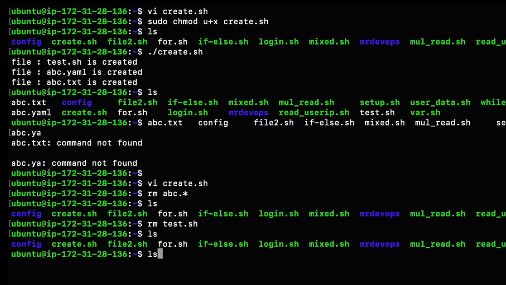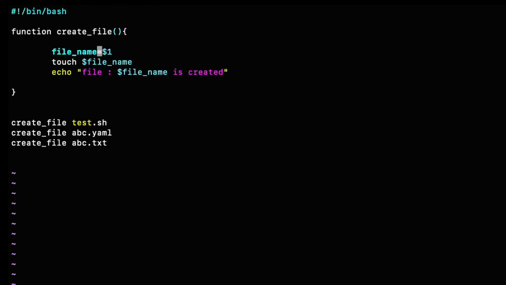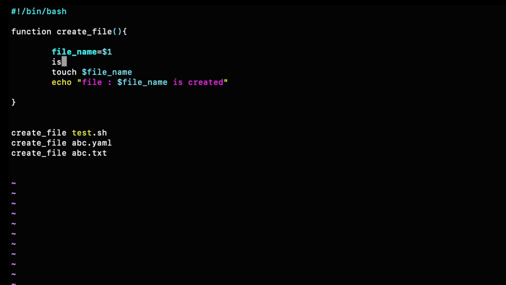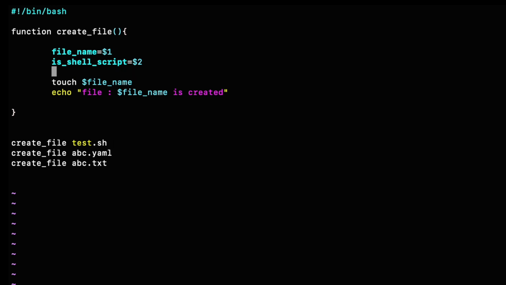Let's try to open the same file. Let's try to put some condition. Once we have got the file, is shell script, this is a variable I am declaring and taking the value true or false. Let's take true or false. Okay, if,